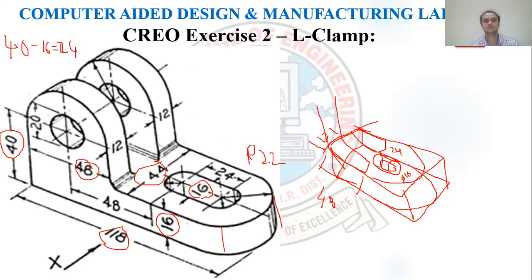And this 24 is still here, and we need to find this vertical distance. So if this is 48 diameter, then for this center, the radius will become 24. So you have to add 24 plus 24, and it will become 48. So the height you have to give is 48. This vertical height, we will be giving as 48 on all the sides.